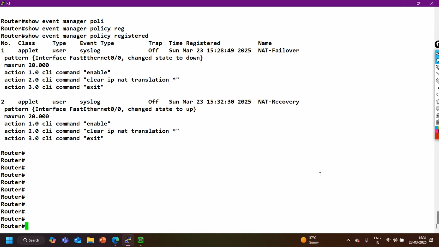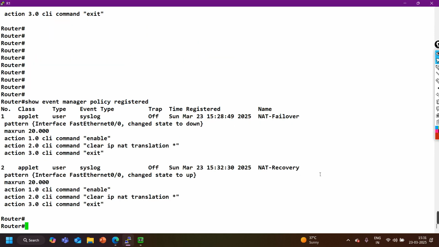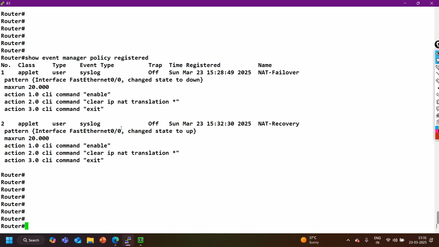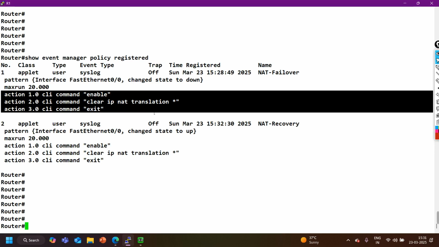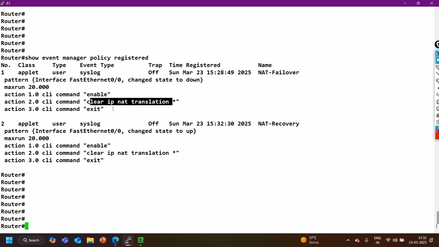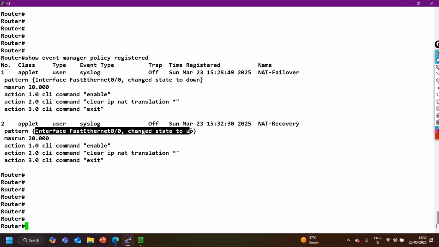So here are my event manager policies, right? The pattern is interface F0/0 changed state to down. Then it is going to run these three commands. Actions you can see here: enable, clear ip nat translation, and exit. When it gets this syslog pattern, interface FastEthernet 0/0 changed state to up, again it will